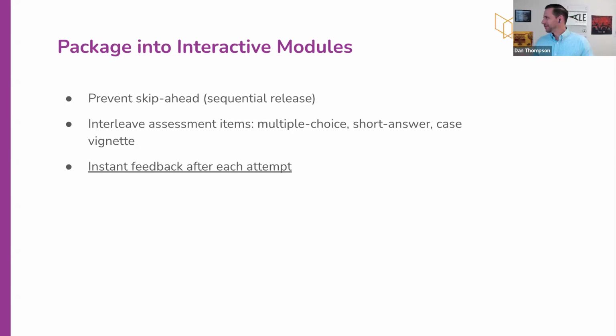It's kind of like, for any of us when we were kids in high school math class, the answers to the odd numbered questions were always in the back of the book. So I always got those correct because I knew what the answers were going to be. All those questions made perfect sense to me. The evens, I actually had to think and apply and really try to test myself on. So let's get rid of the odd answers in the back of the book and make this so that we can control the narrative of how they interact with the content.